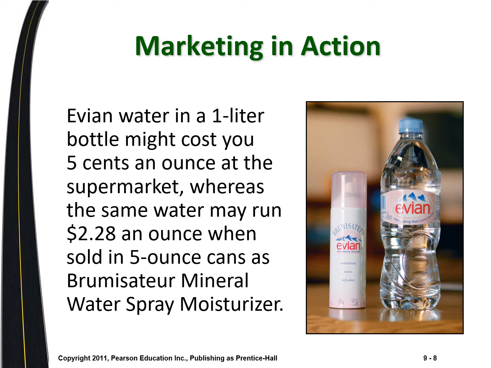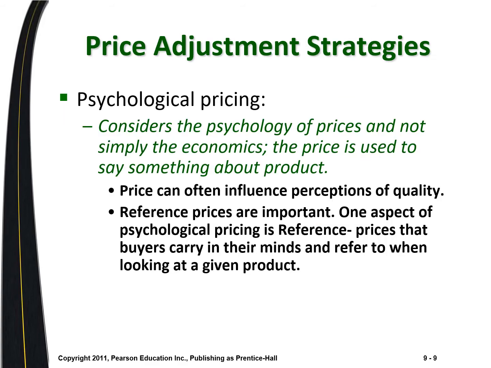So one example here is Evian water in a 1-liter bottle. It costs about 5 cents an ounce. Whereas if you get it as a refreshment spray, which is the 5-ounce can, it can be as much as $2.28 an ounce. And so even though it's both Evian water, in a sense they're segmenting by difference of use and difference in customer. Another price adjustment strategy is psychological pricing, and this is where